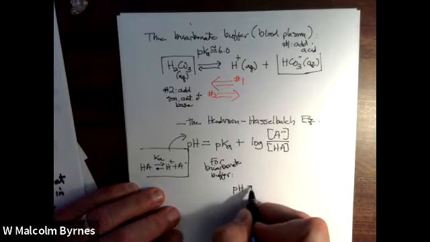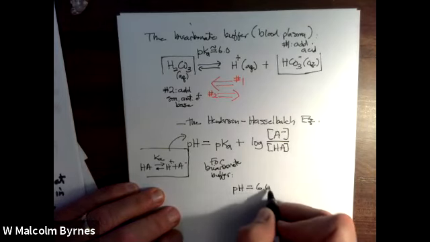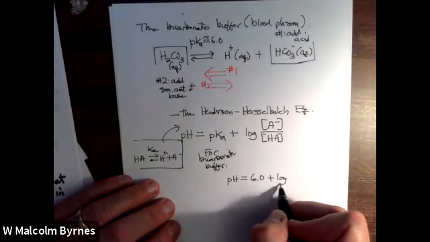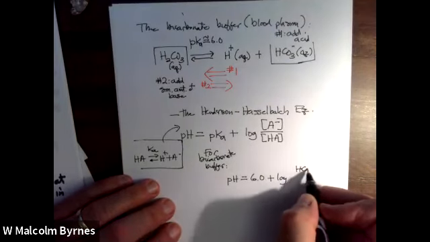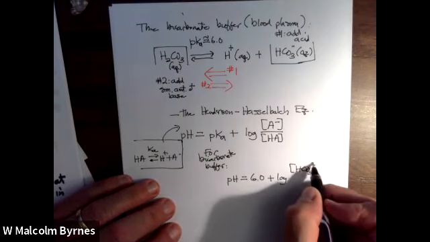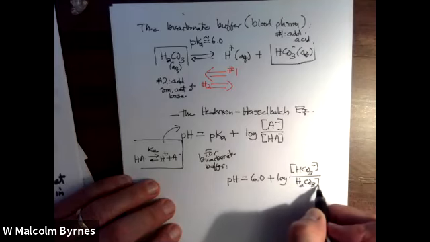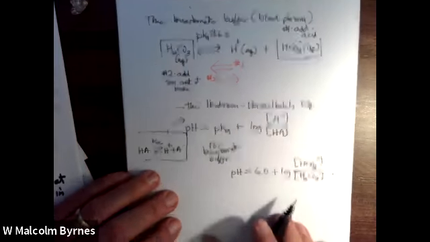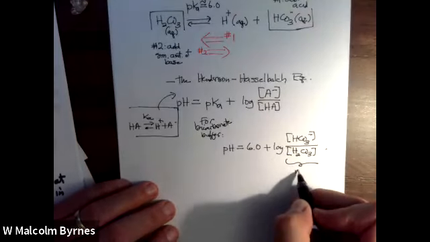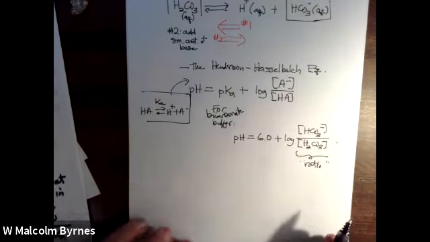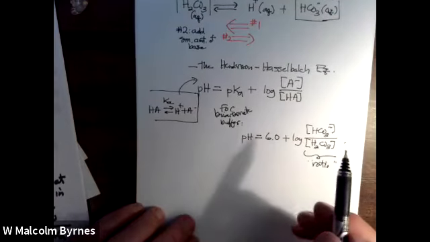pH is equal to 6.0, because that's the pKa, plus the log of the concentration of bicarbonate over the concentration of carbonic acid. And this is a ratio. You can call this the ratio, if you will. And here's the thing,